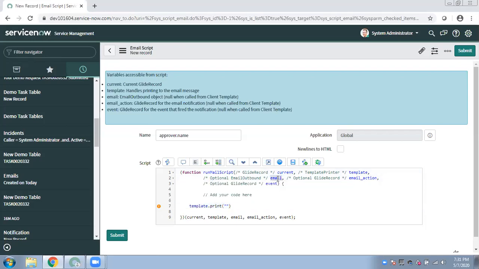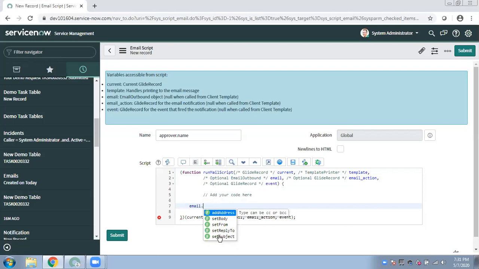Then email is the object that lets you override the subject, if you want to generate a dynamic subject rather than a fixed one.